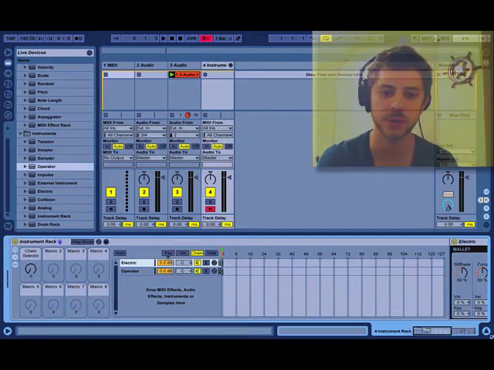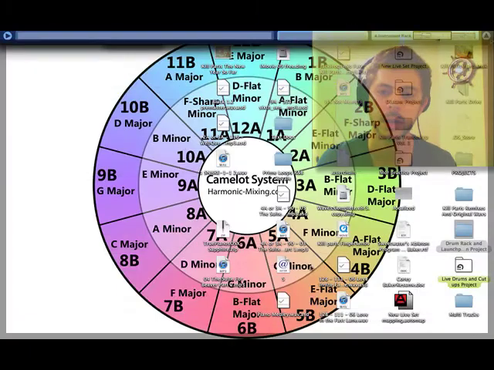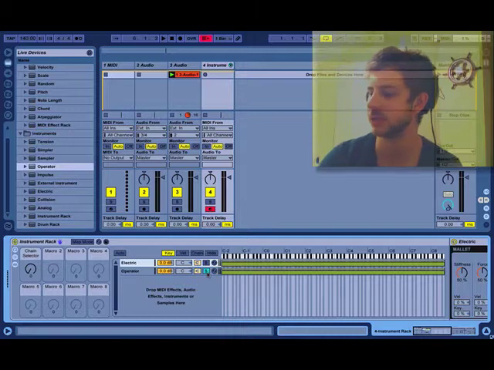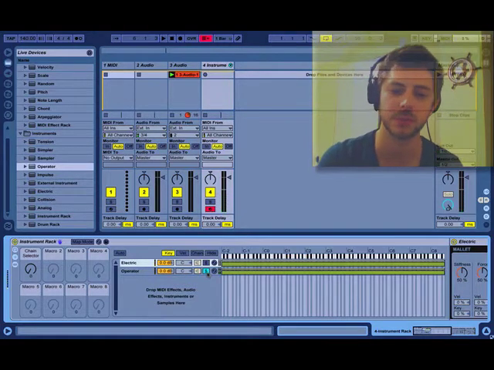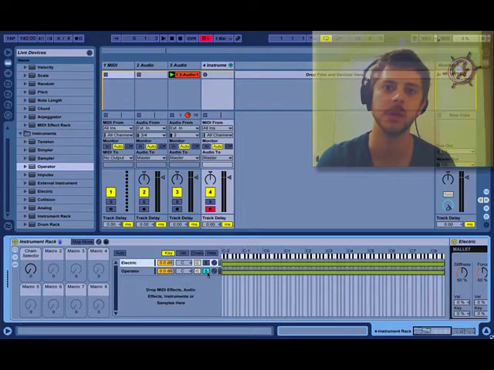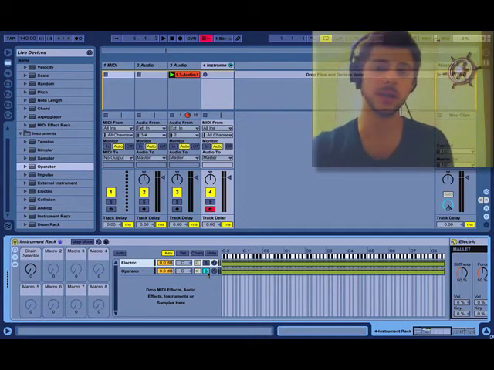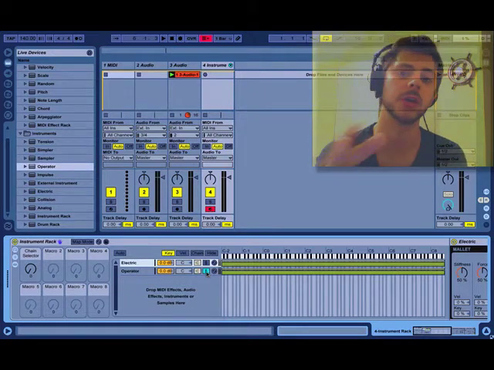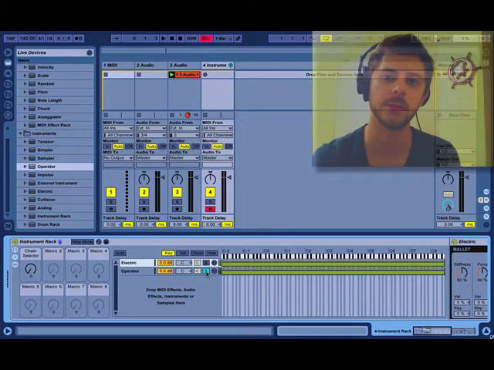So if I go over here to the key range, I can change where the operator plays, and the default setting on the operator is just a regular sub bass, which I use all the time for a lot of my dubstep stuff, and pretty much any and all electronic music, you're going to have a sub bass in there somewhere,